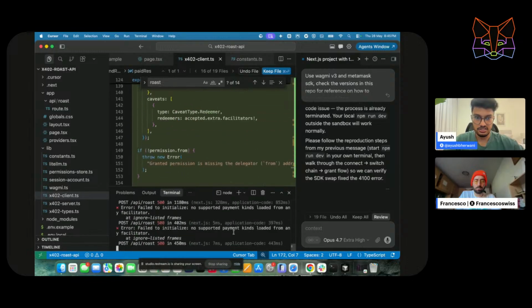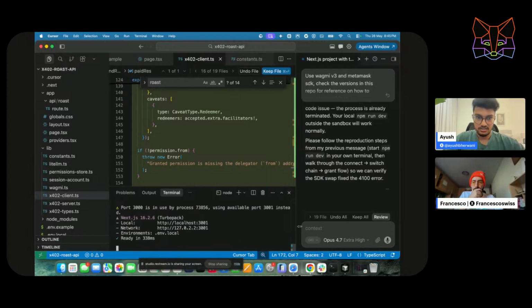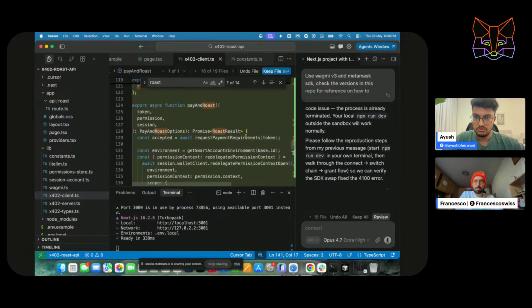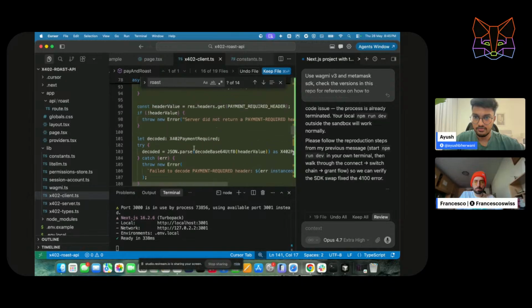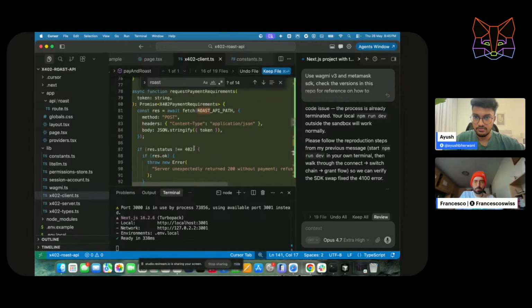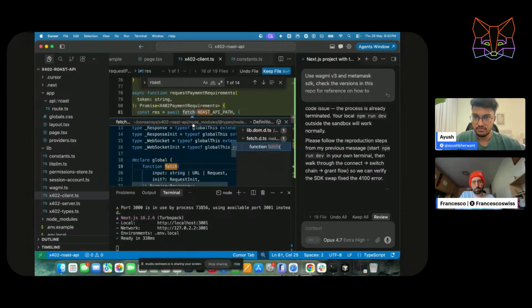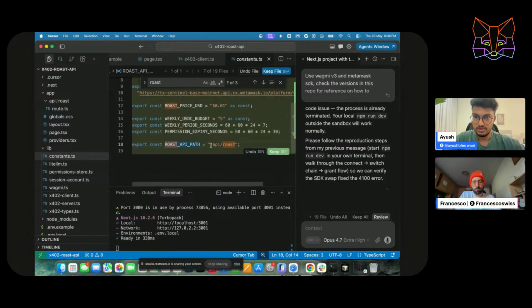Let's stop this and run it on the main. Let's see. Fetch roast API path.